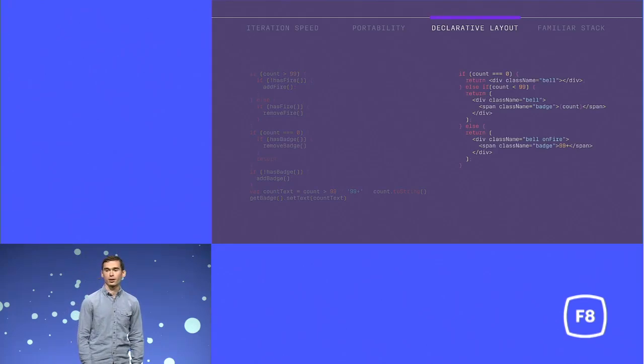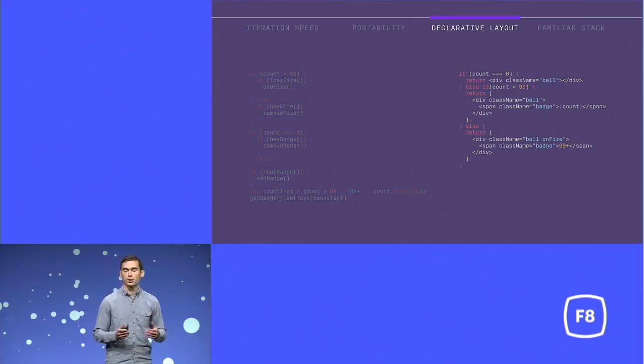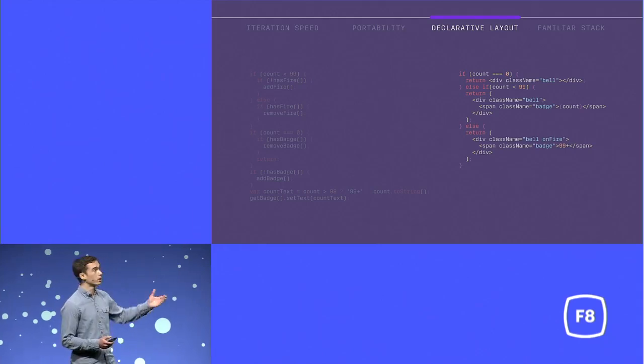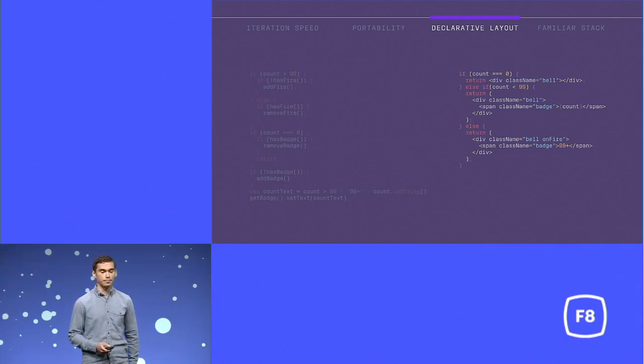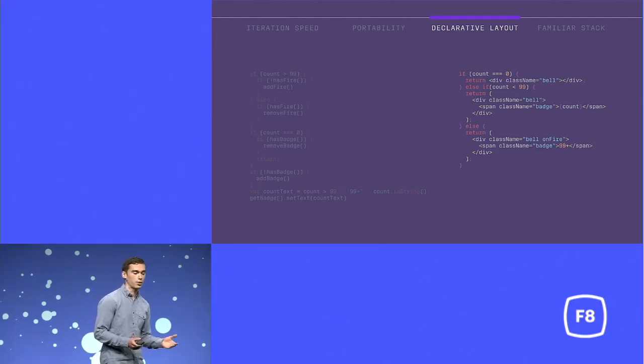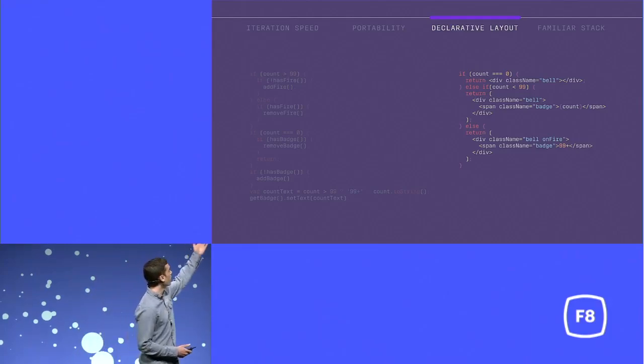Declaratively, it looks something like this. Notice how we're writing our code in terms of the possible states rather than transitions, and that the 3 different blocks we have here as part of our series of if-else map directly to the 3 states we had in the beginning. At the top, we have a check that if the count is 0, we'll just show a bell. If the count is less than 99, we'll show the bell with the badge and a count. And lastly, if the count is now greater than 99, we'll show the bell on fire and set the count